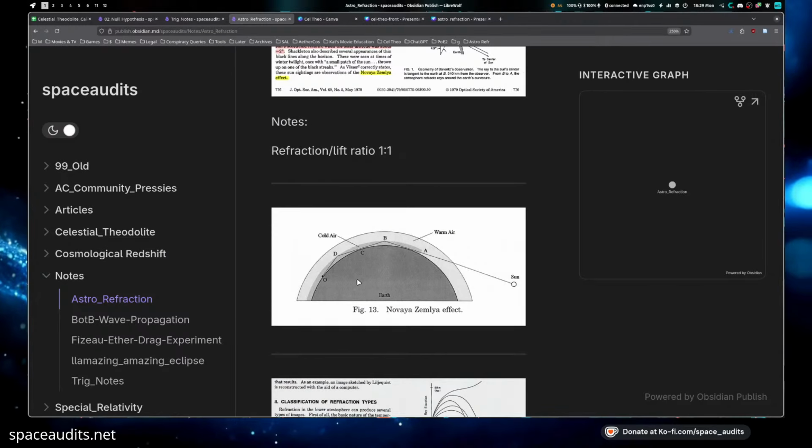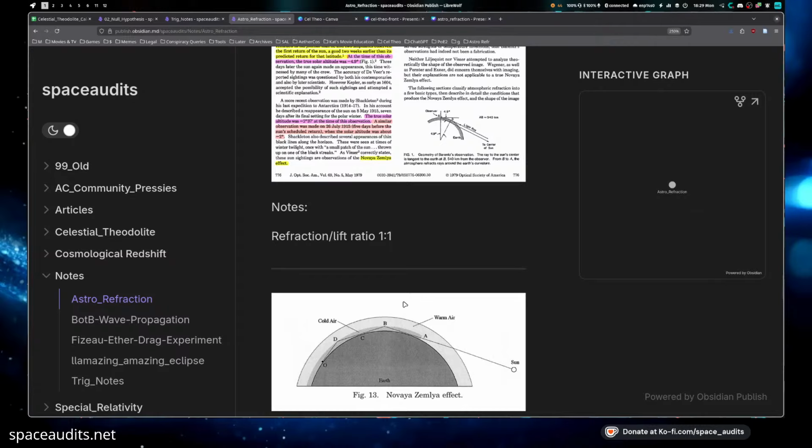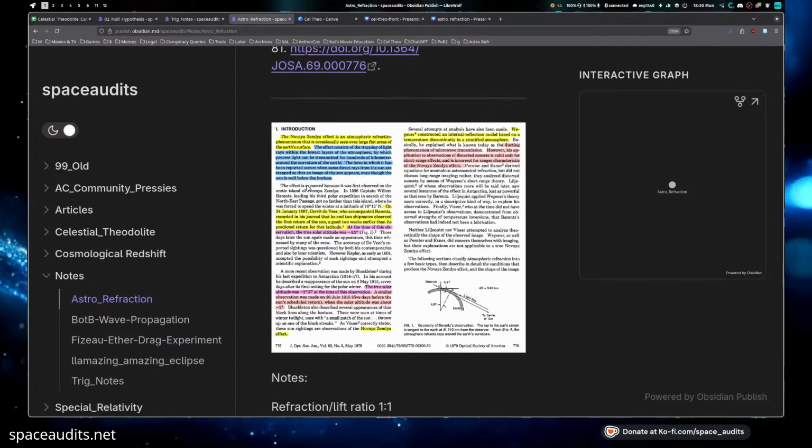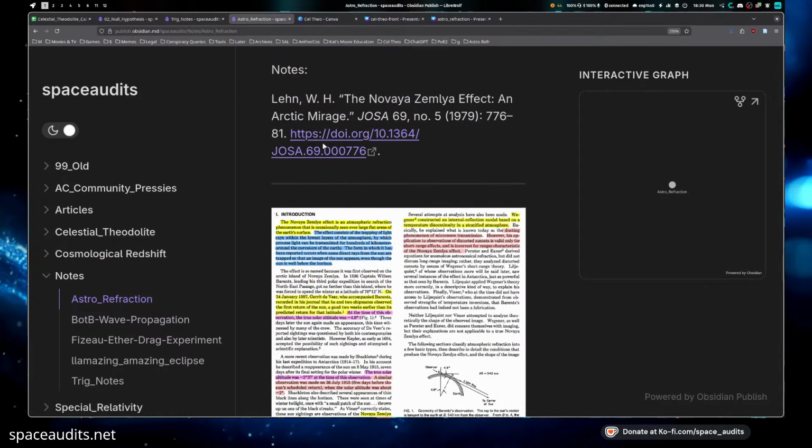Yes, sir. First off, that was hilarious. That diagram is, the way the light is bending is absurd there in that diagram. It's actually like no straight lines for you on a globe unless you're making a diagram to explain why the sun was seen 10 degrees above where it shouldn't have been. Yeah, I mean it's crazy. Did that have a name? Yes. What is the name of that? Novaya Zemlya. All right, I'm gonna write that down. That's interesting. Yep. Oh yeah, I'll give you the link to the paper.